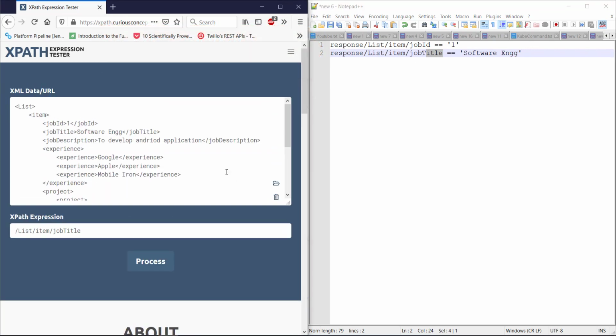In a similar manner, if I want to validate the experience node, my expression will be response forward slash list forward slash item and experience.